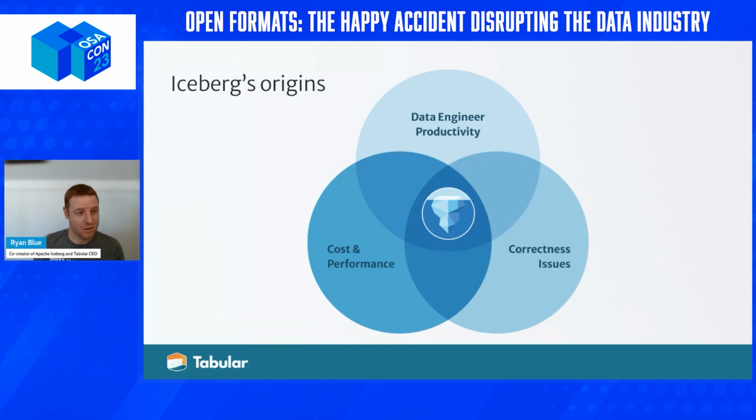That was because they either had to have elaborate workarounds for maintaining tables and providing correctness guarantees. They couldn't rely on even being able to plan queries very quickly on top of S3. And then there were other issues as well, because none of these tables had been designed with SQL guarantees in mind. And we realized that the big picture here was that we weren't able to scale our use of data